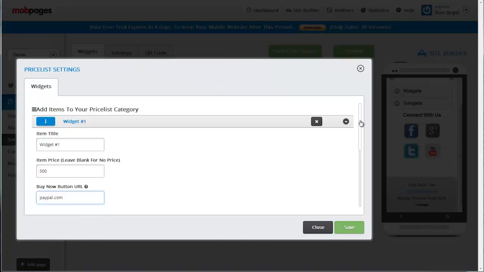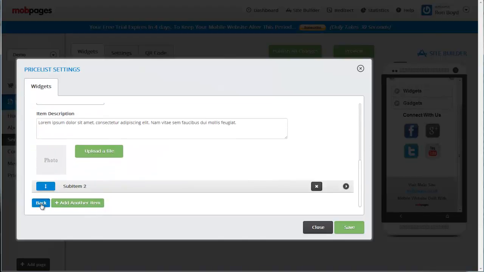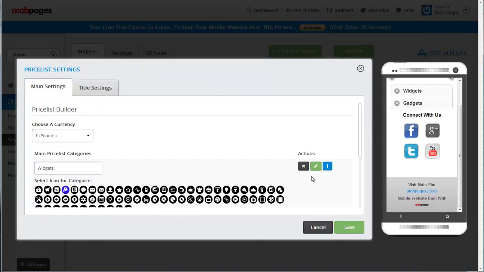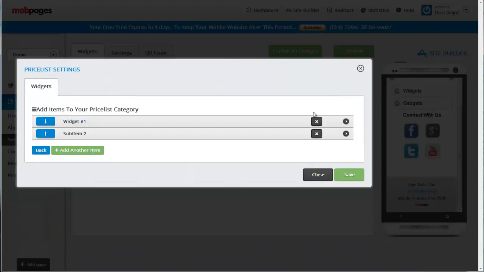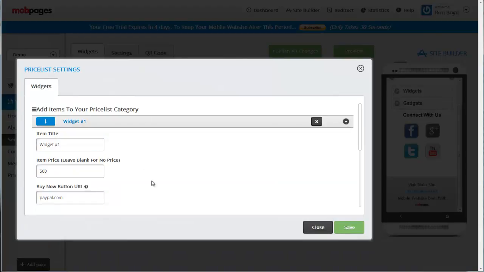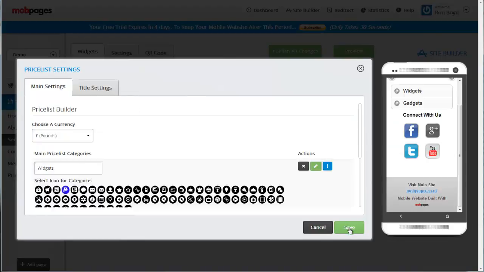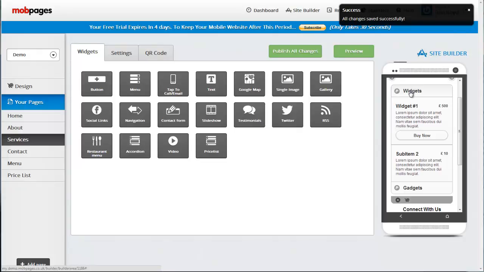PayPal.com. And we'll just check that it has. Yep. So we can now save the widget, and you can see now that we have a buy button,